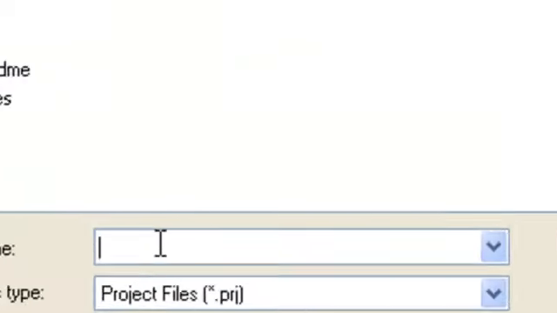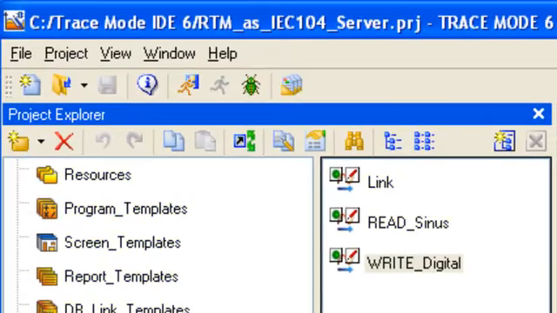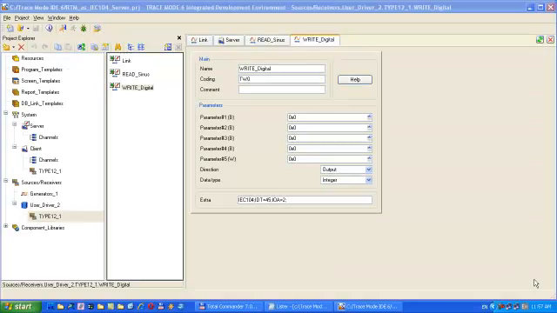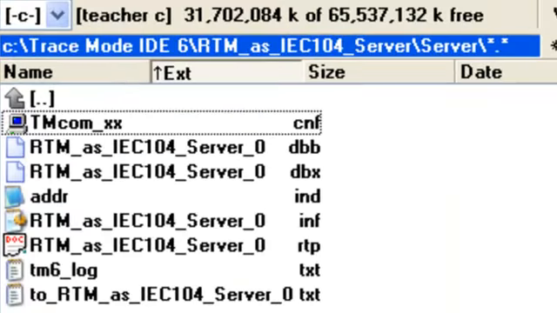with a name. Then, using this icon, we save the project for the real-time monitor. It's necessary to do this in order to run our project in real-time mode under the Trace Mode runtime software, the real-time monitor. After that, go to the folder of the server node and create a text file named tm.cnf